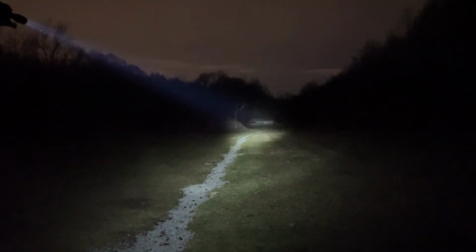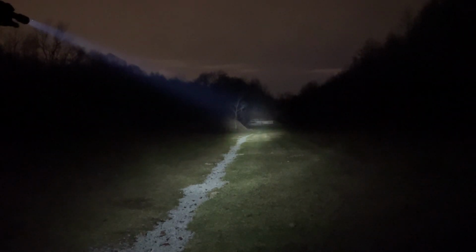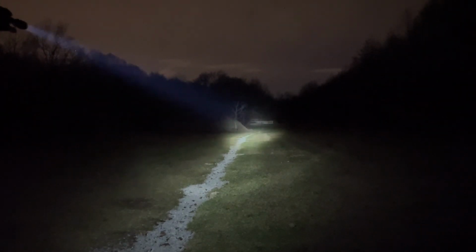This is the Malkoff E2XT-L, and it's probably the brightest on the target. You can make out the outline of the target really well. Definitely not as much spill as the other two rifle lights, but